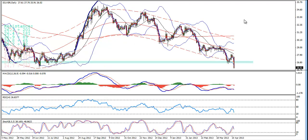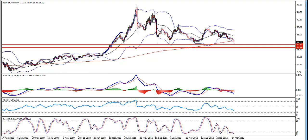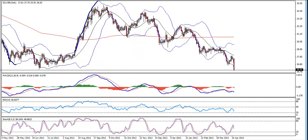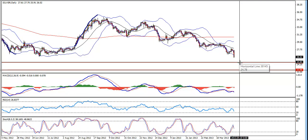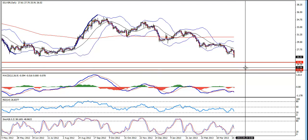So in other words, we can see silver could go and drop more, something like 20, starting from 25, maybe a bit lower to 24, maybe even 23. But this is the place where we have to be prepared to go and to make a buy. Another good reason is it doesn't matter where you